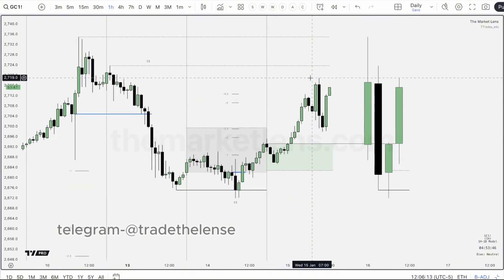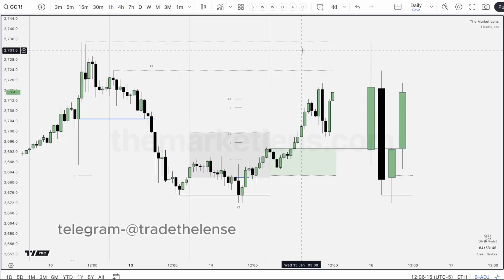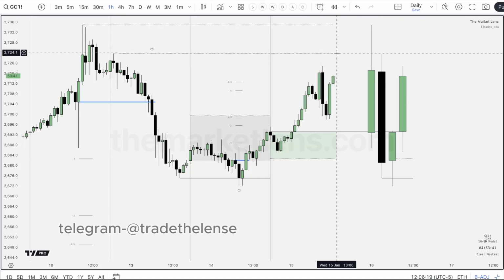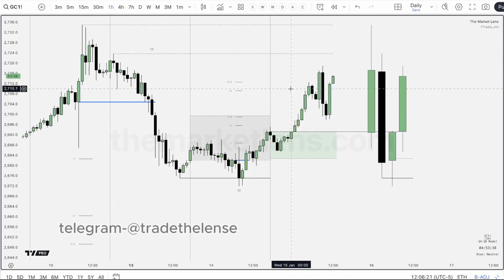Now, I wasn't really anticipating price to reach all the way for these highs. I was more so looking for it to trade back into the range. Now, it may do that, but this is just where I was looking for it to go to. So are there any questions on gold specifically before we move over?